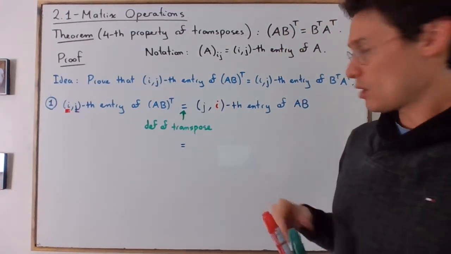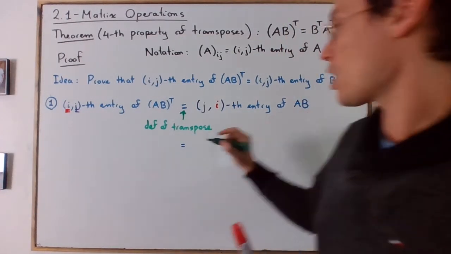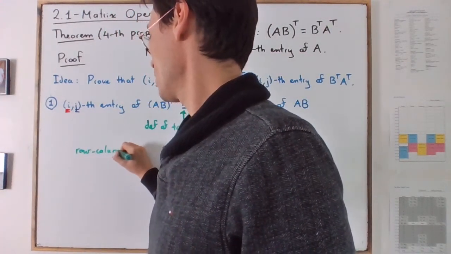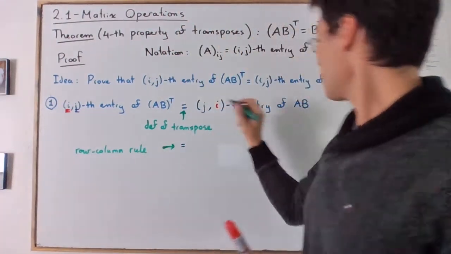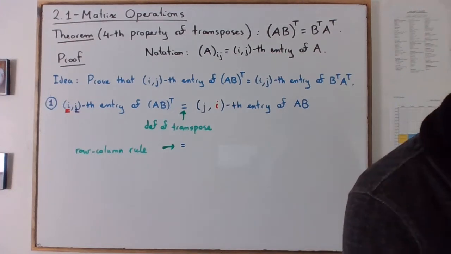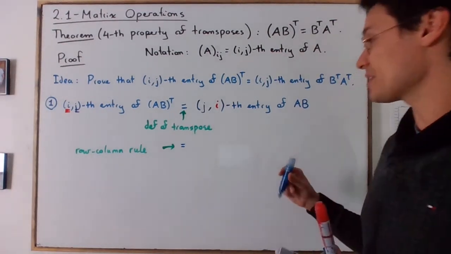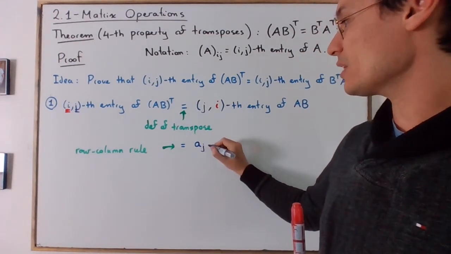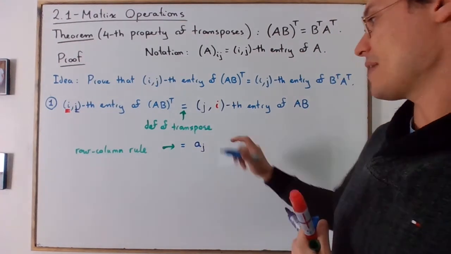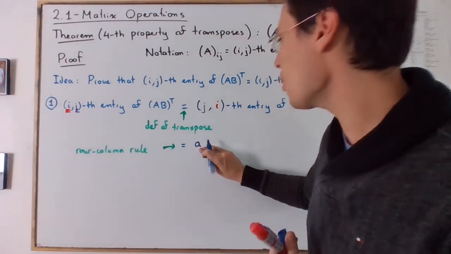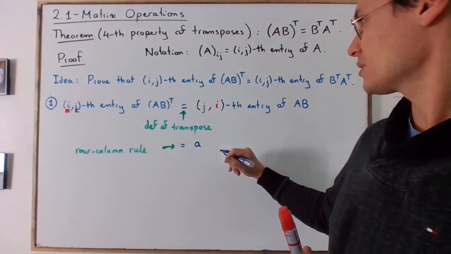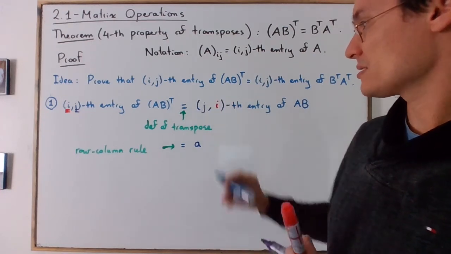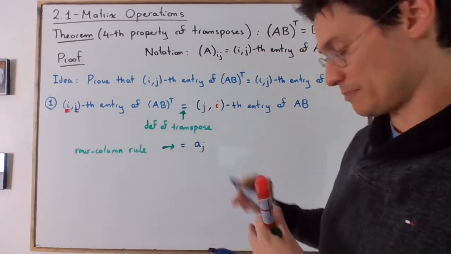Then from that point, what I'm using is the row column rule, just for multiplying this thing. Now here you have to be very careful. You're going to deal with row j of A, which means that you're going to have Aj1,